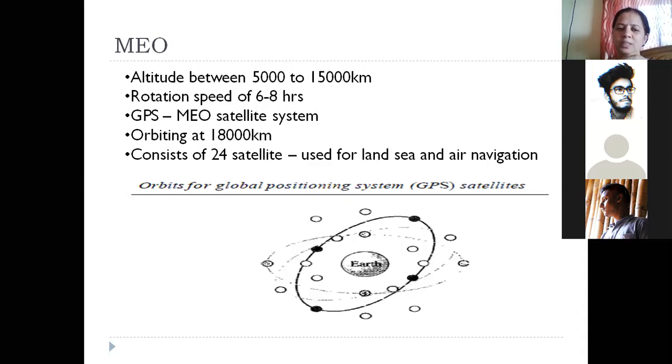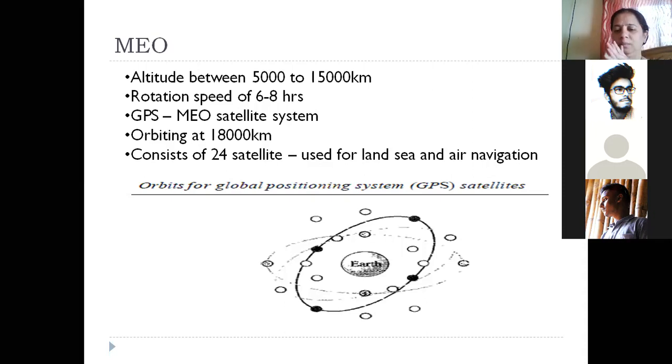So generally that GPS that works for our mobile phone, the satellites will keep on giving us the latitude, longitude, and where we are. You people must have used Google Maps. It is based on the Global Positioning System, GPS. So for that, the satellites will respond to us, and those satellites are orbiting the Earth at about 18,000 kilometers above the Earth. Okay. So the GPS system that we have, it has got 24.